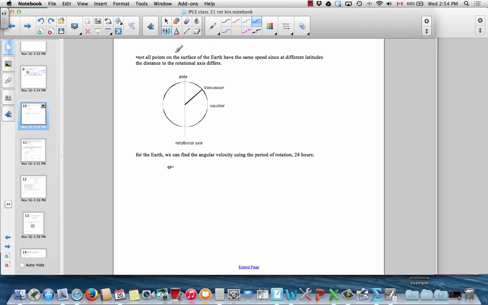So, one interesting geophysical application of this is the Earth. If you look at the Earth on its side, it's the distance from the rotational axis that matters. So right up here at the pole, there's no distance from the rotational axis and therefore no speed. At the equator, you're a distance r from the rotational axis, where r is 6,380 kilometers, the radius of the Earth. Notice that at Vancouver, because of the latitude, which is about 49 degrees, you're actually a little bit closer